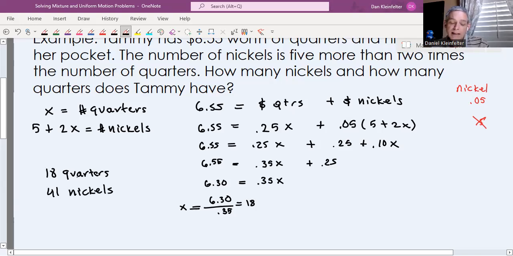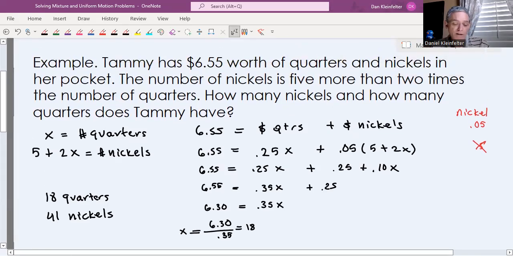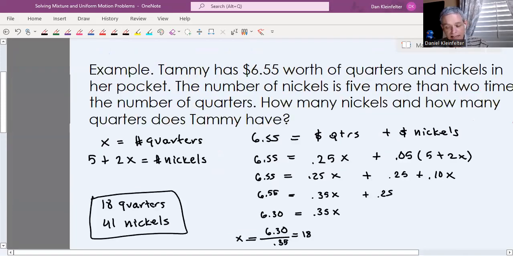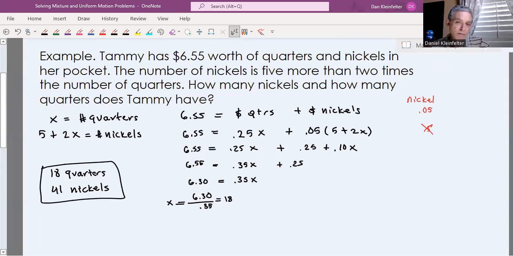Okay, and I'll leave it to you to check that that works out. If you take the 18 quarters at 25 cents a piece and then 41 nickels at 5 cents a piece, that should all add up to the $6.55. Okay. All right, so that takes care of our first example,